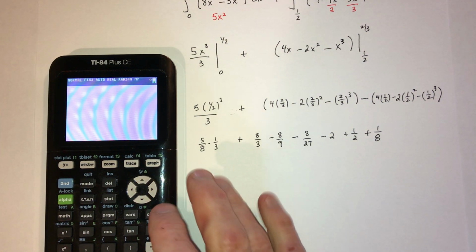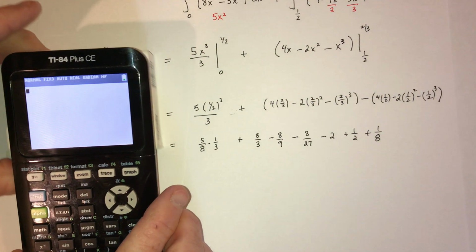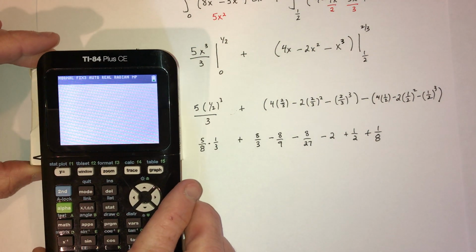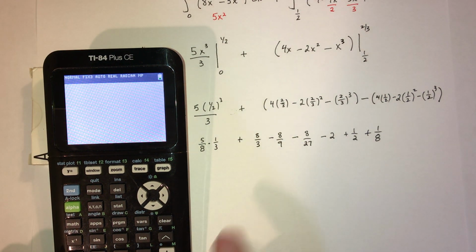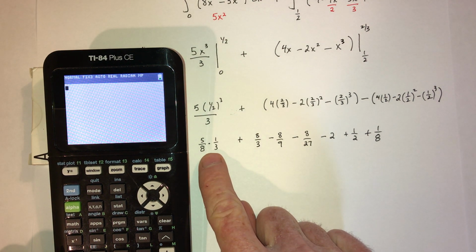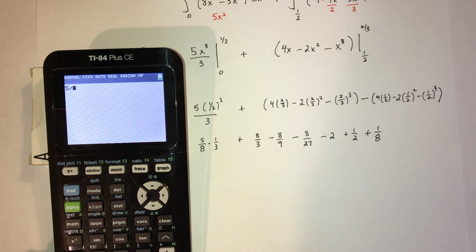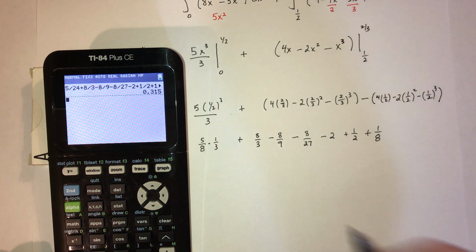Oh, the glare today. All right. So this one is 5/24. And then plus 8/3 minus 8/9 minus 8/27 minus 2 plus a half plus 1/8. And the final answer is